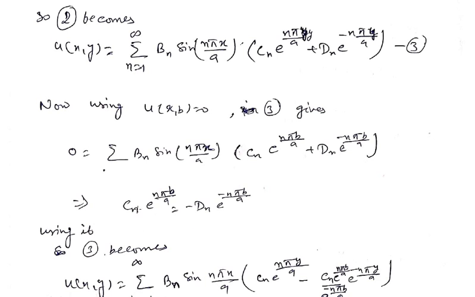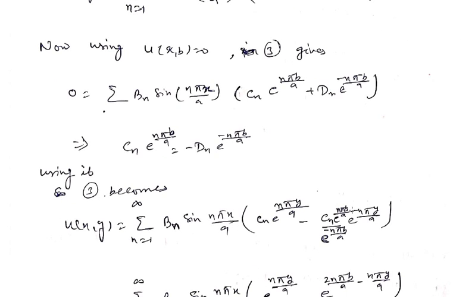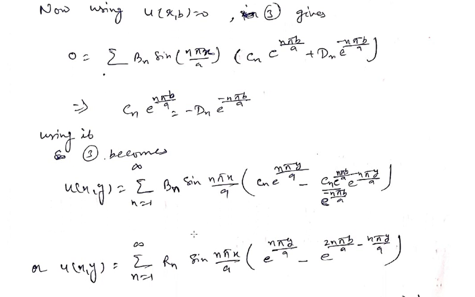When we solve it, we get dn is equals to minus cn exponential 2n pi b by a. Putting this value of dn in 3, we get u(x,y) is equals to this. And now taking cn outside, it becomes cn into bn, and from here taking exponential n pi b by a outside, we have